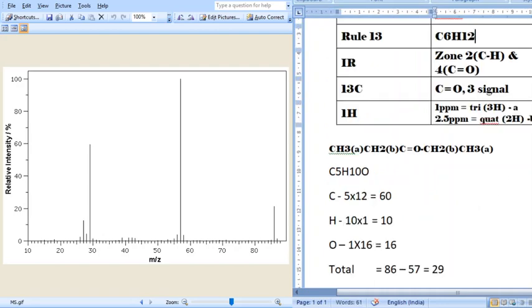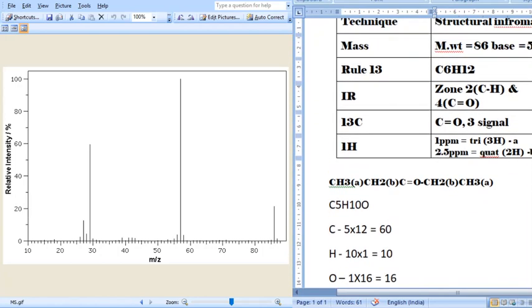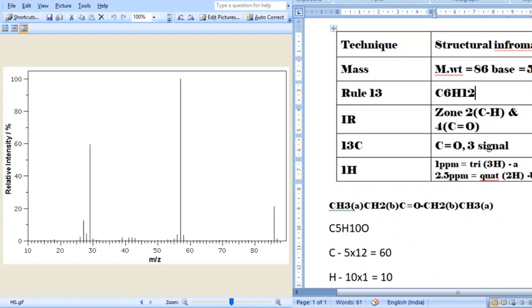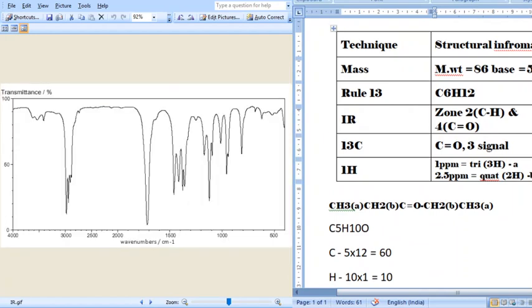All of them exactly match, and therefore this is the structure of the compound. We can also recheck with IR or C13 NMR. If you take this compound for IR, we have only sp3 CH, that you can see here. There is no sp2 carbon with the CH bond. Only sp3 carbon. Okay, that exactly matches. There is a carbonyl, that you can see from the stretching frequency.